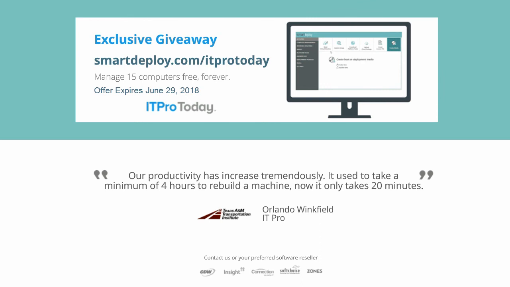Regarding vSphere and VMware, SmartDeploy can be used to capture and deploy images to and from those products. We support Player and Workstation and ESX. ESX is a little more complex for us just because it's a Linux file system. So if you want to capture that VM, you either need to boot it to SmartDeploy to capture it, or you need to download the VMDK from the data store to the machine that's running SmartDeploy. So it can be a little added layer of complexity. Some people really like to use ESX because they have a huge, powerful server farm, and that's fine. It can just add a bit of a layer to it.